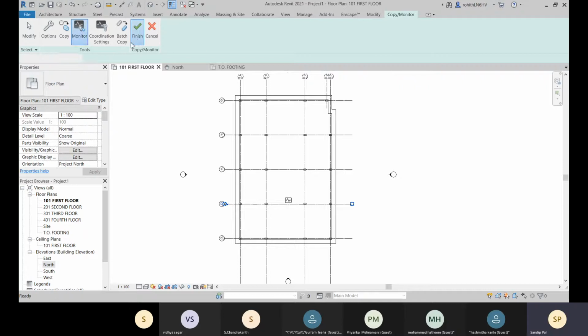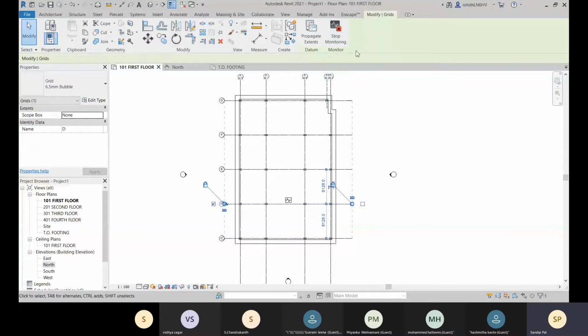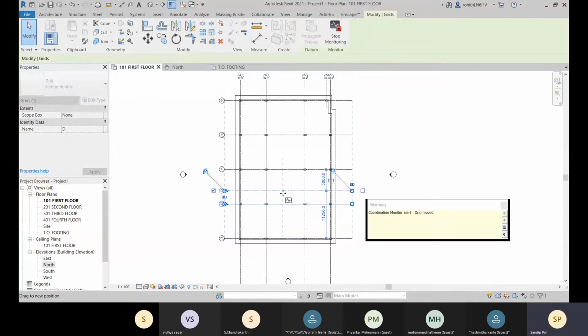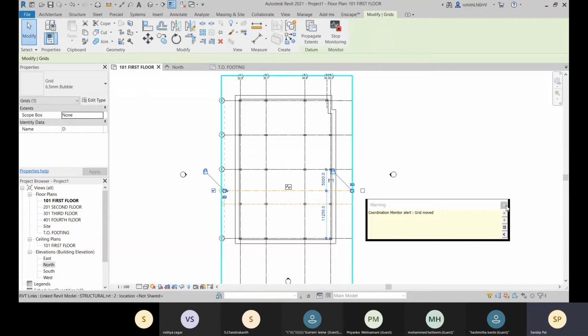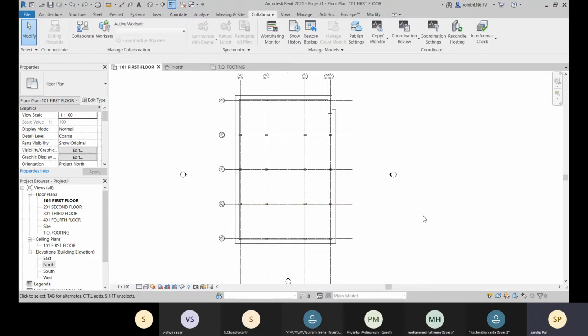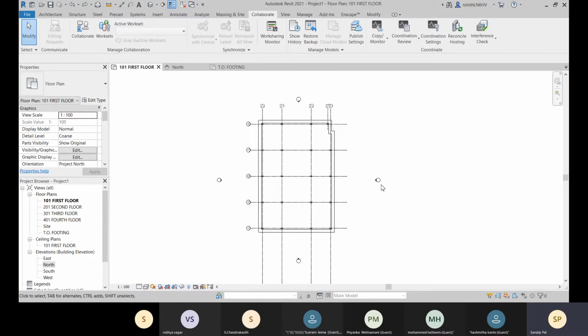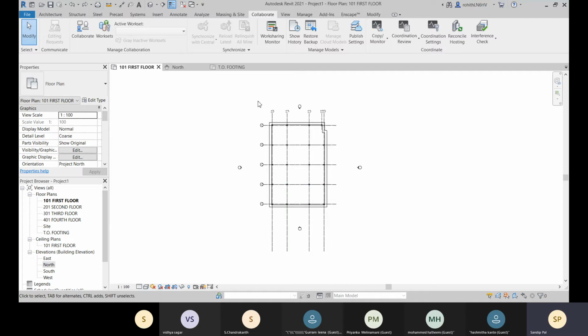And now let's go for this finish. Okay, and here you can see this is being monitored now, and if you change this position, it will show you the warning again. All right, so this is how we will be creating this monitor option.